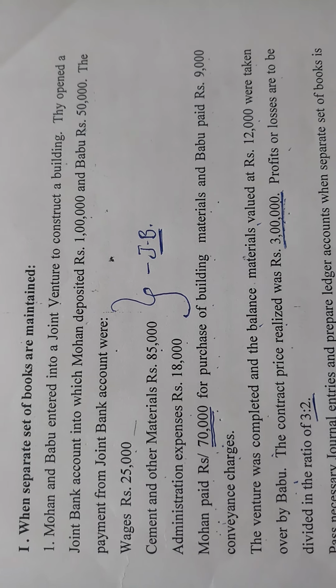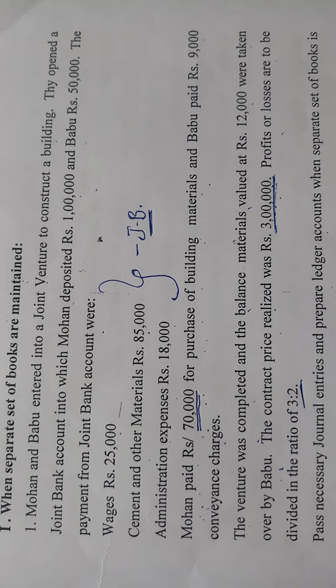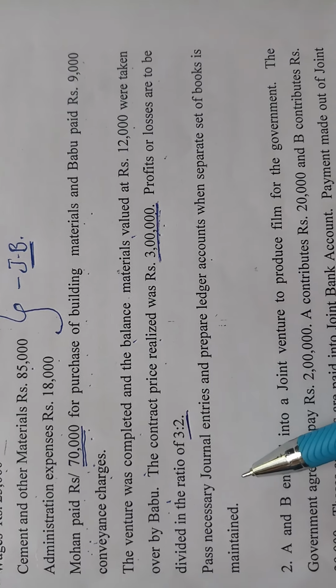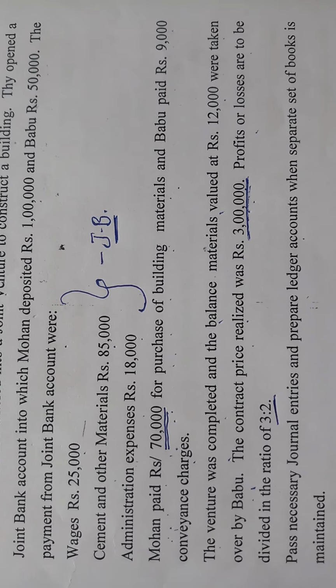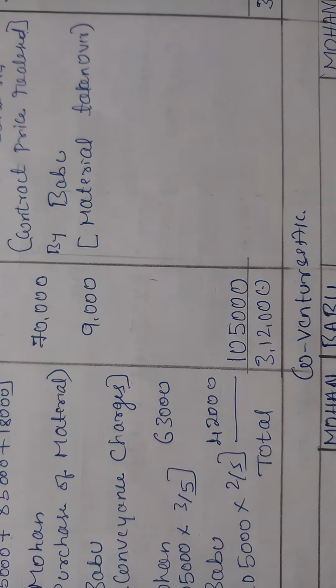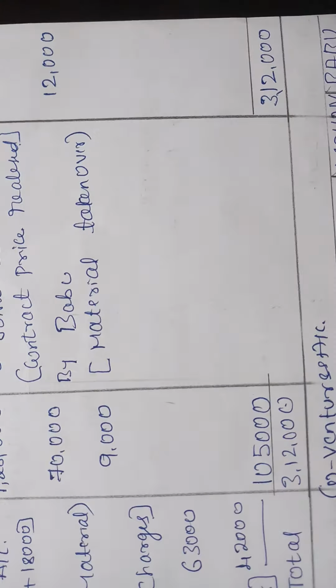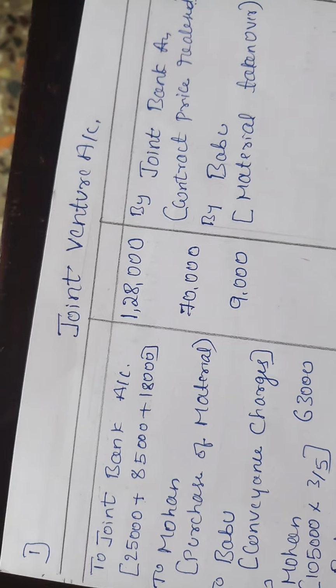So pass the necessary journal entries and prepare the ledger accounts when separate sets of books are maintained. So now we have to pass the journal and prepare the ledger accounts. Now we will be preparing the joint venture account. The joint venture account I have already prepared, so let me show how it should be prepared. So now again,